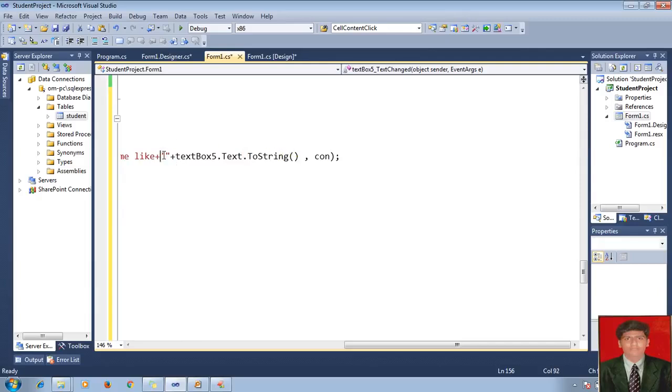Here, plus, instead of where name like, what do I have to do? First I will go for the name, boss. First I will go by using name only. Where name like, I have to give the space here. Like clause takes what? Percent. Okay. Percent is what, boss? Where name like here percent,